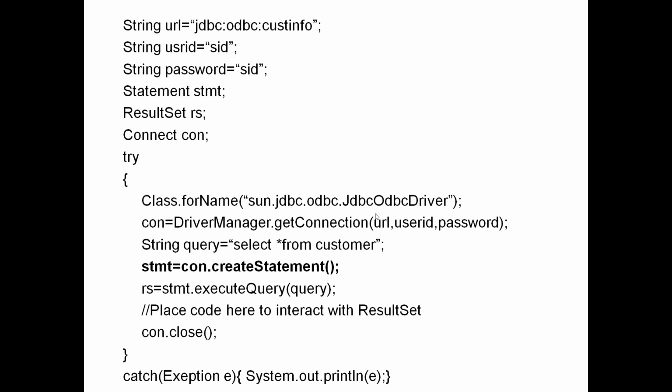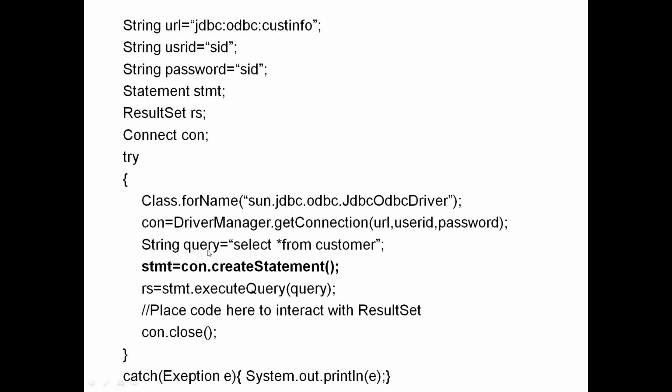The second step was to establish a connection with the backend database, and we have done that here. The DriverManager.getConnection method is used, and to this we pass our URL, then the user ID and password. It will establish a connection with the backend database, and a reference is stored in con, which is a Connection variable. Once the connection is established, we can execute queries, but as we have studied, a statement object is necessary. So now we will create a statement object.